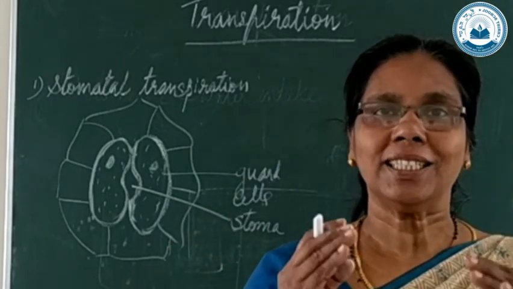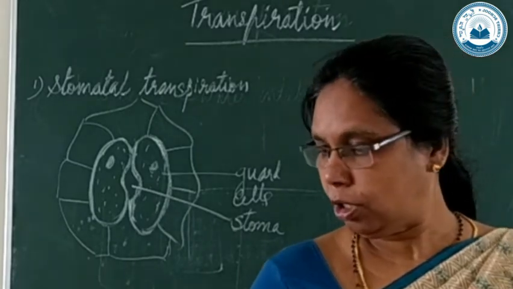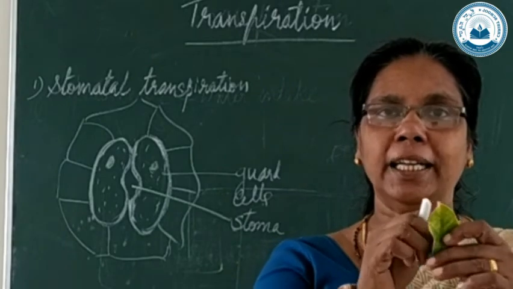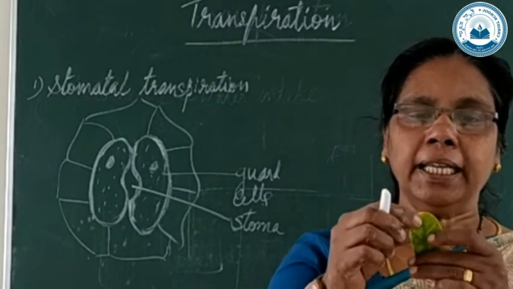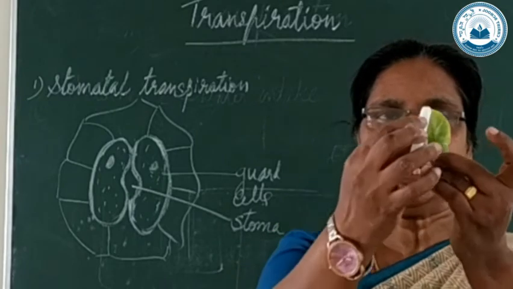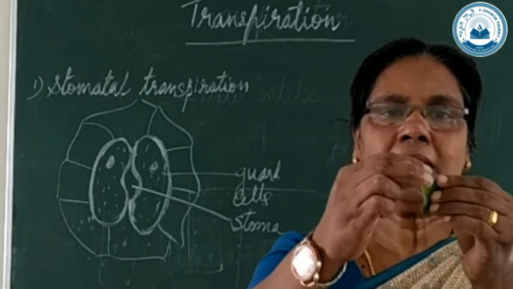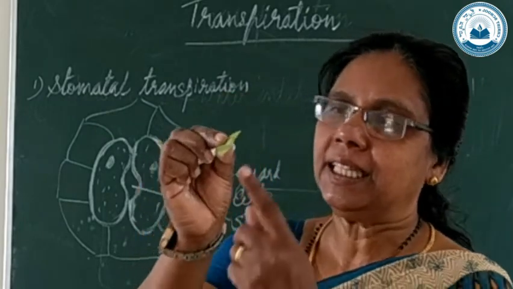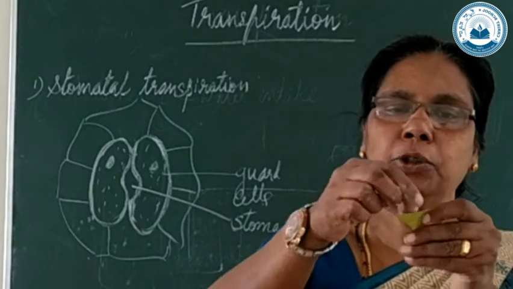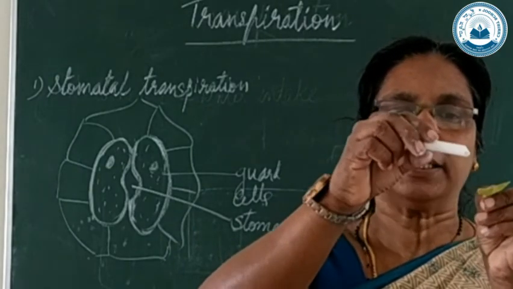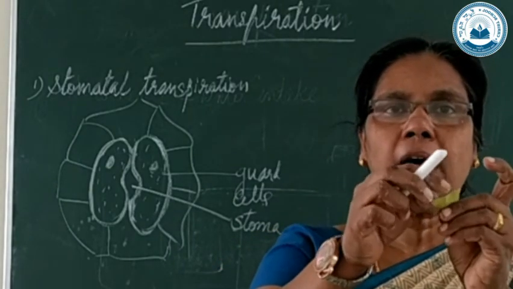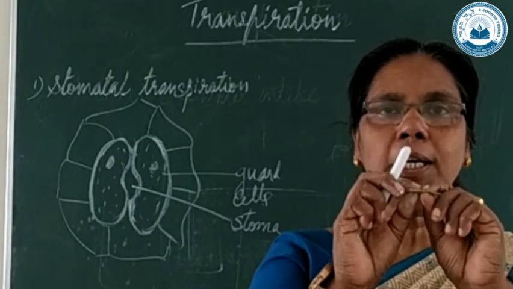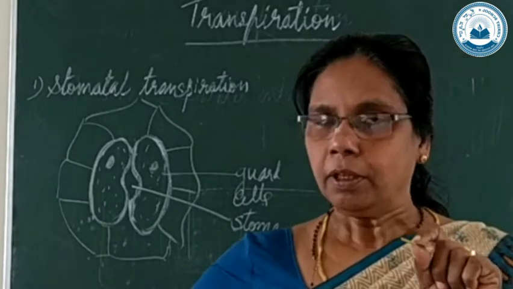Now we can see the structure of the leaf, how it is. So this is a simple leaf. If we take a cross section or vertical section, that means not cutting like this, we are just cutting the leaf like this, and then from this a small part again using a blade. When we put these small parts under a microscope, what structures can we see?